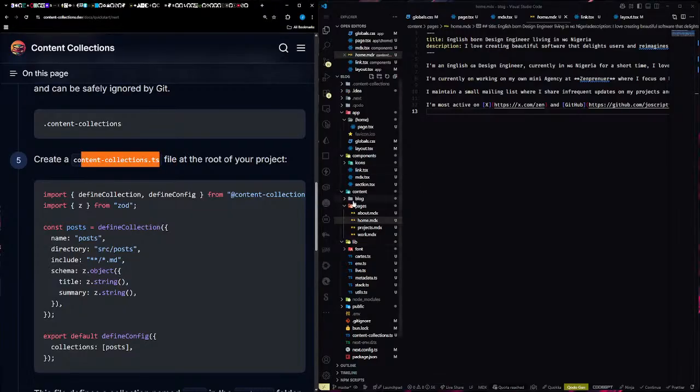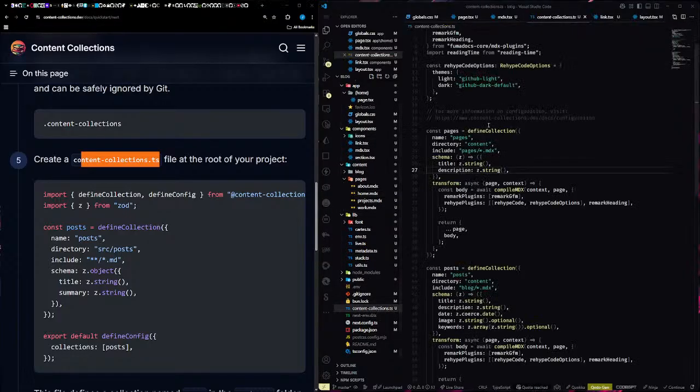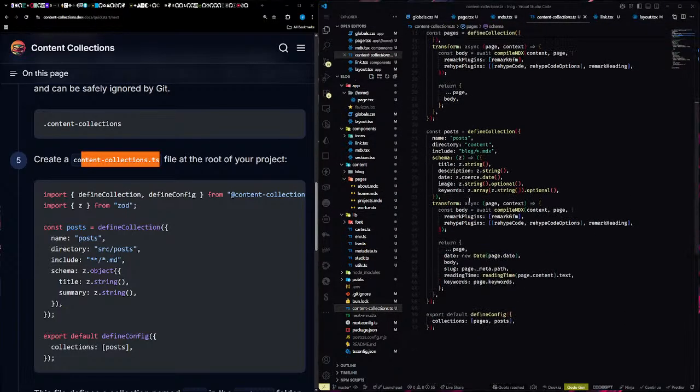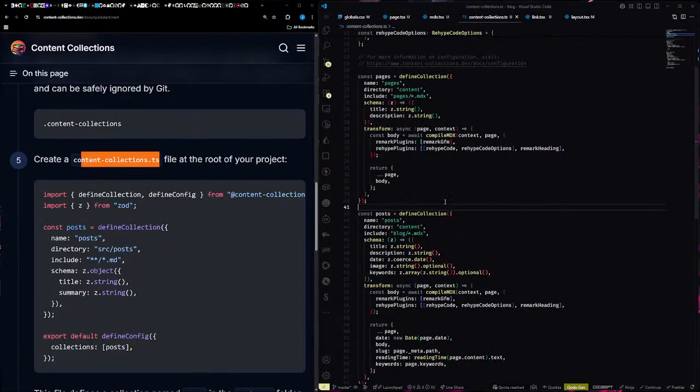right here, as you can see, we created ours. You can create as many content collections files as you want to, depending on what area you want to use it for. So right here is a page collection,